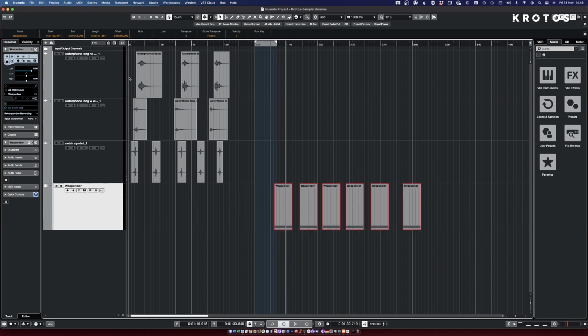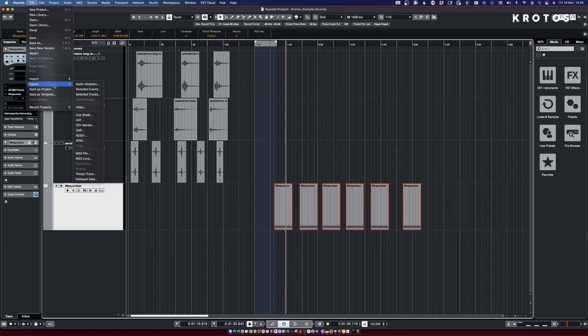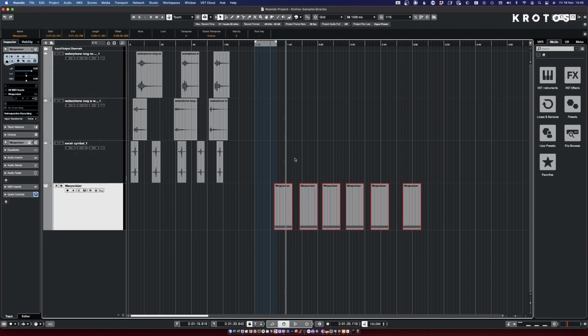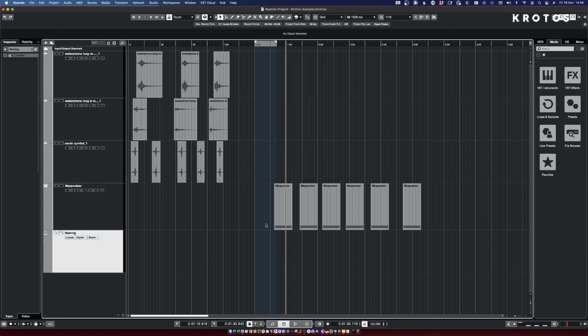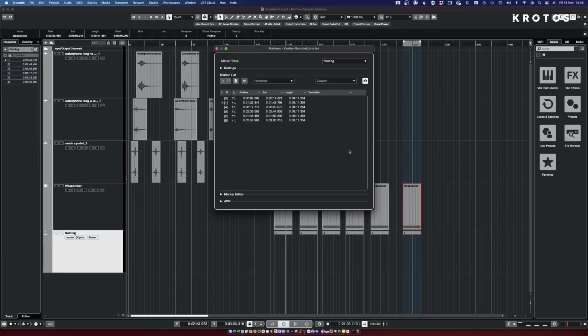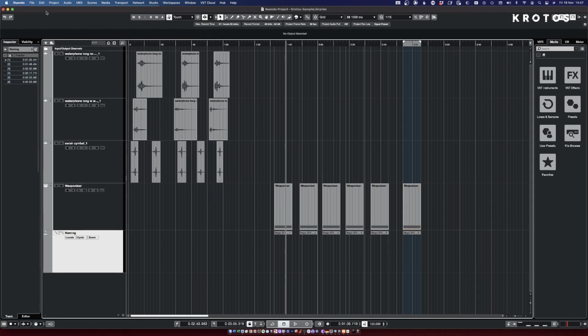So now you can use exactly the workflow that we did before. You can export selected events, but actually, let's be a little bit more fancy about this, because I want to put some more precise names. So I can add a marker track. I can call it naming, and you have it. I have a few shortcuts that I set up here to set up cycle markers. Obviously, this is again a bit dependent on the DAW that you're using. So I have all the markers over here. I can name them, and now I can go on